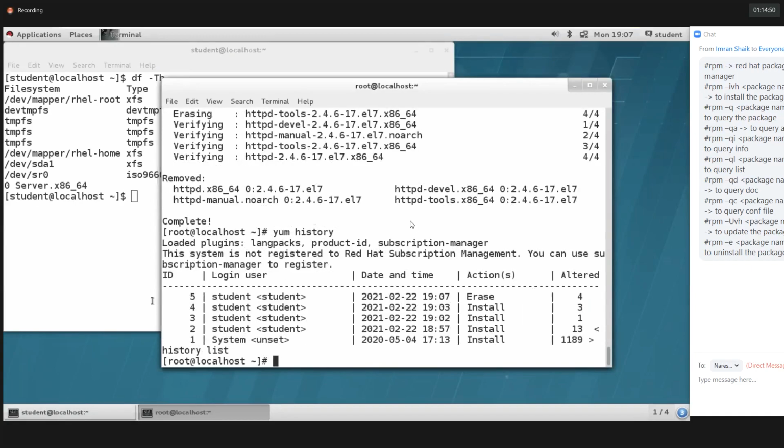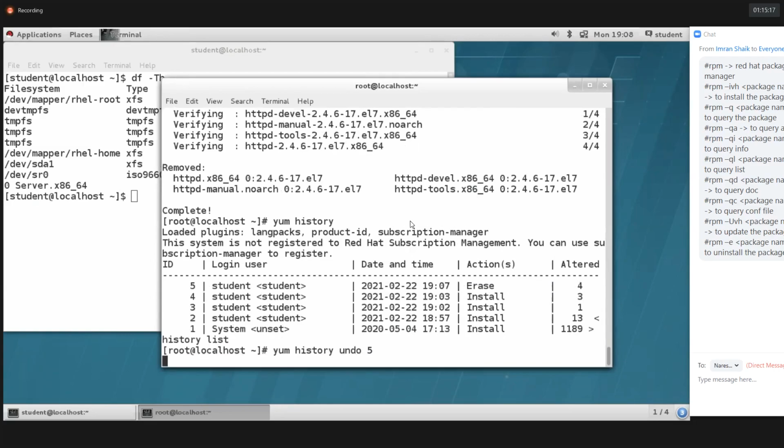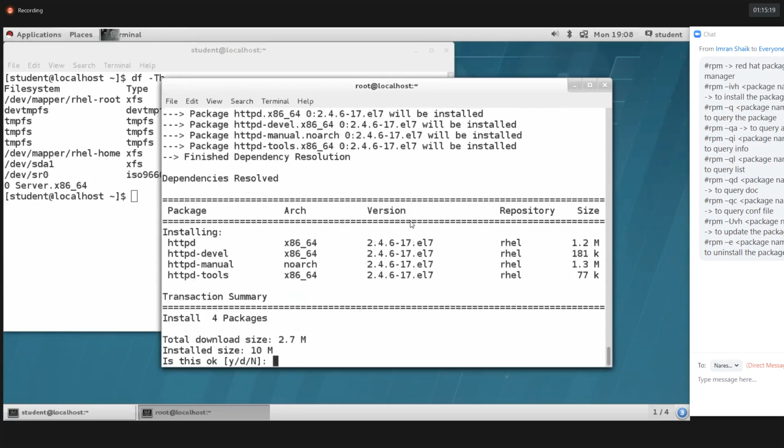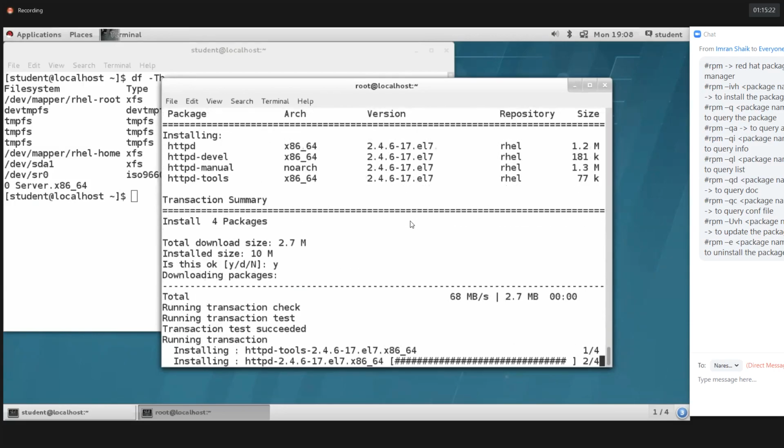See, yum history, the ID number is 5. I'm logged in with the help of the student user only in this operating system. I switched from the student user, that is a different story. It shows so-and-so time, and the action erased. And how many packages did we erase? 4 packages we erased. I need to recall these packages, I need to undo this. Yum history undo, and then we need to provide the ID number. Automatically it will install. Got it, guys?